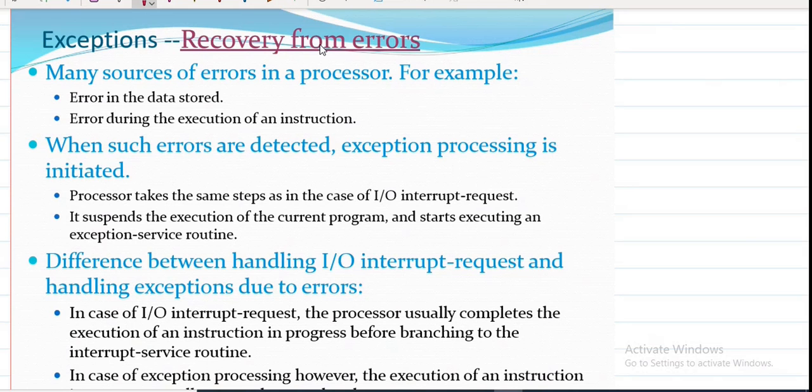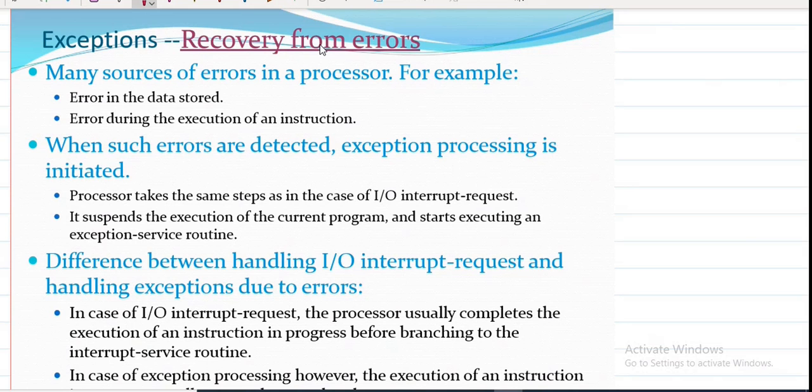So how is ECC calculated? In many subjects you will come across parity checking, even parity and odd parity. They calculate with respect to binary numbers, so it won't be stored in character form; the data will be stored in binary form. If the data has an odd number of ones, then the parity will be set to 1. If it is an even number of ones, the parity will be set to 0.